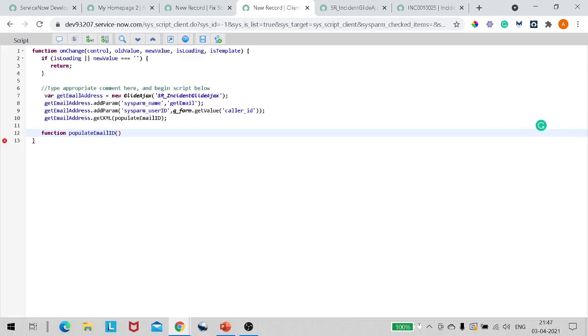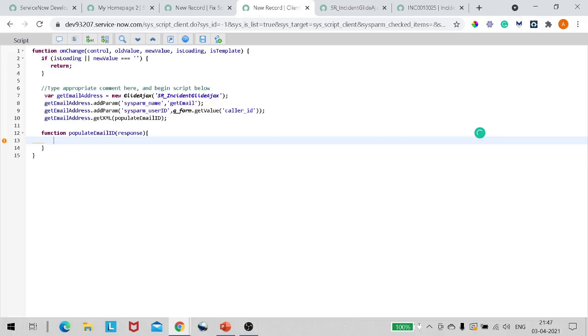Okay, now to this populate email ID, what will be passing, right? Because now, as I told you, here we got the response, right? So I will be passing the response over here, whatever we got from the server side. Now over here in the callback function we can define whatever we want to do with that particular thing. Okay, so it has a common syntax to extract the value of the answer out of it.